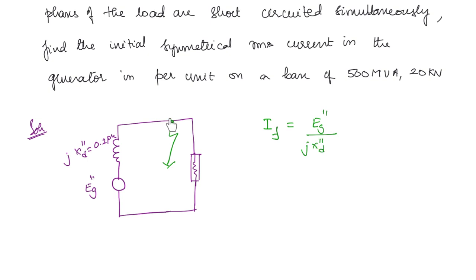Here this point is going to be shorted with the ground, right? So this part will form a circuit, and the current through it is going to be this voltage divided by this reactance. We know XD", we need to find out EG". Since we are dealing with per unit values, we will have to set the base values also. What are the base values that are given? It's already given that you have to take base 500 MVA and voltage base is 20 kilovolt. So you can write this out. The MVA base is 500 MVA